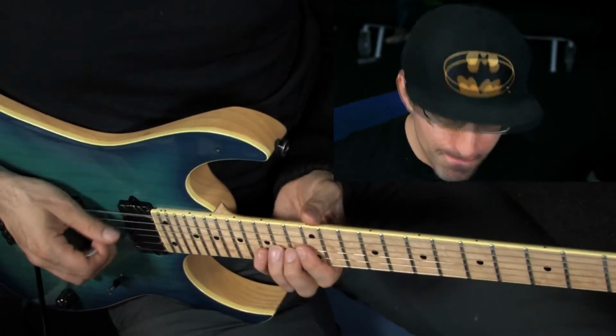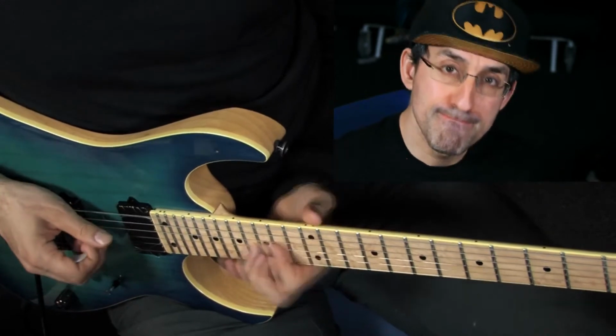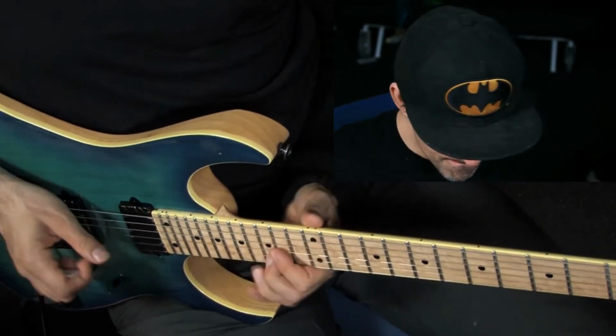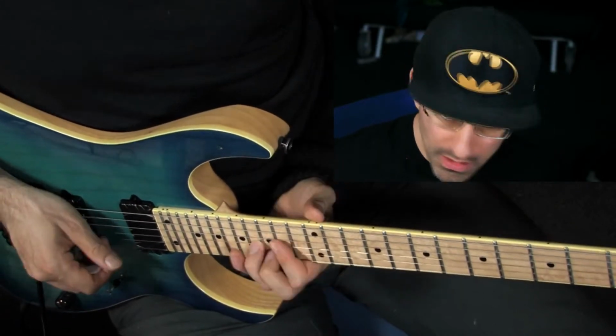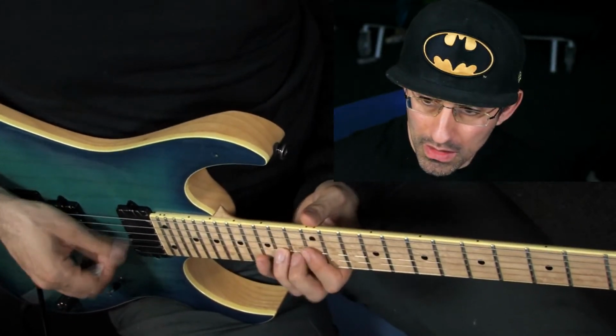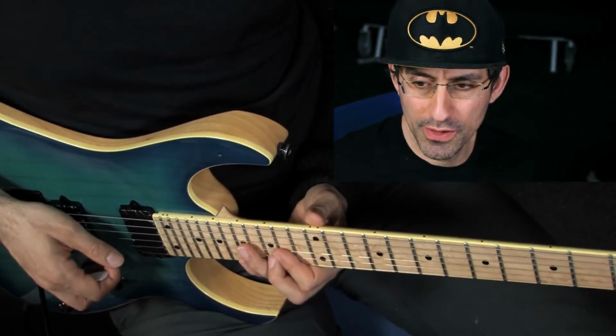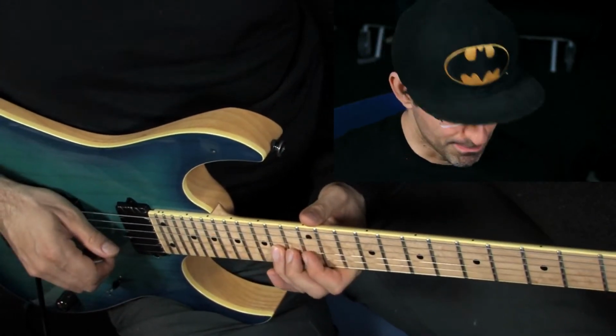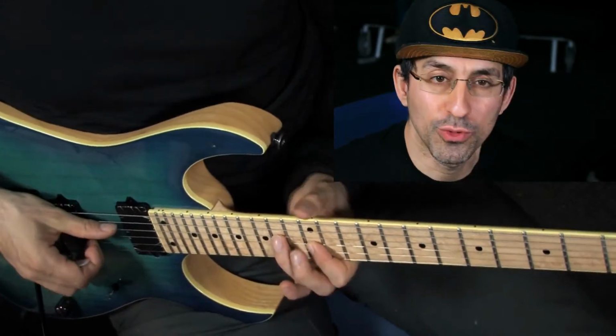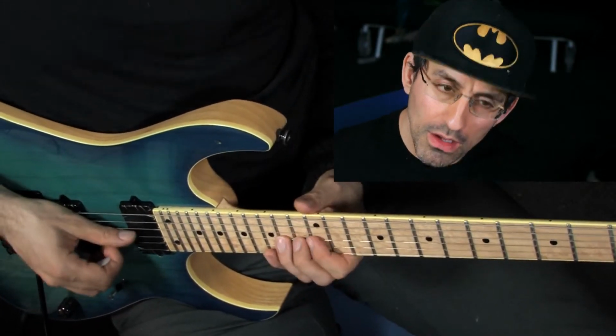So we get this. Slide up 14, 16, and 15 on the B string. So, okay, no buffers. Thanks for confirming. And then slide back and pull off to the 12th fret, and then 14th. So,